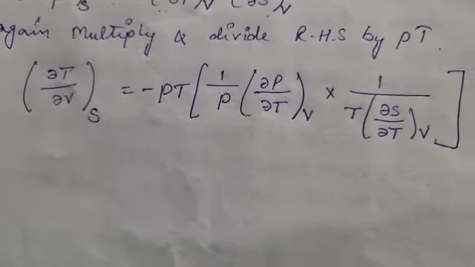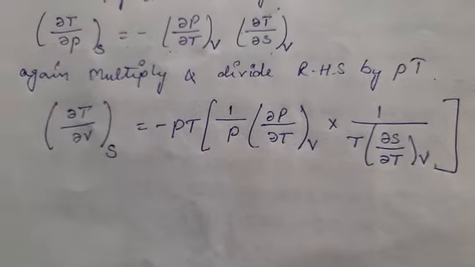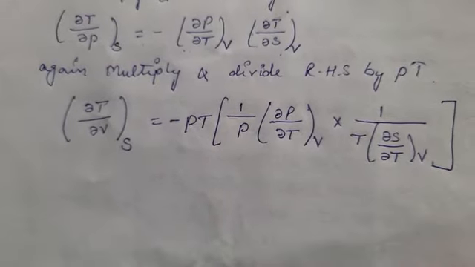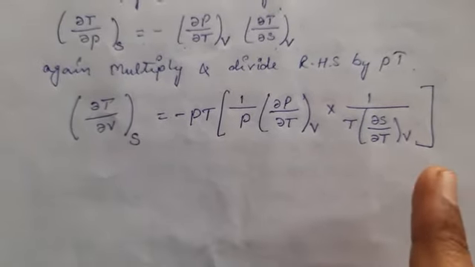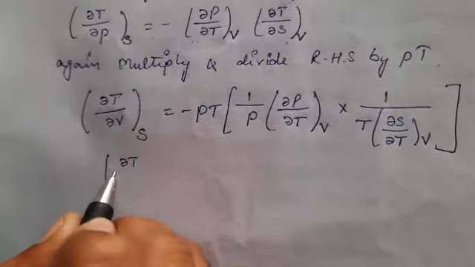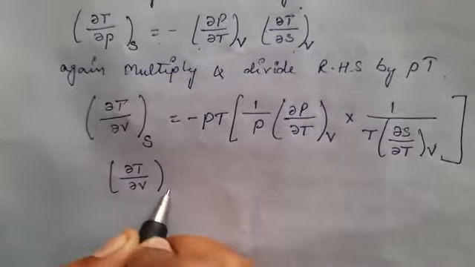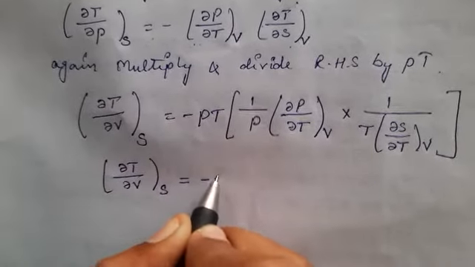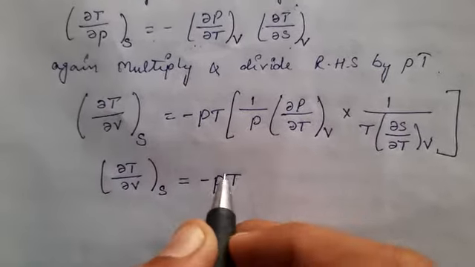So we have this equation. Why do we have this equation? As we know that ∂T/∂V at constant S is equal to minus of pressure and temperature